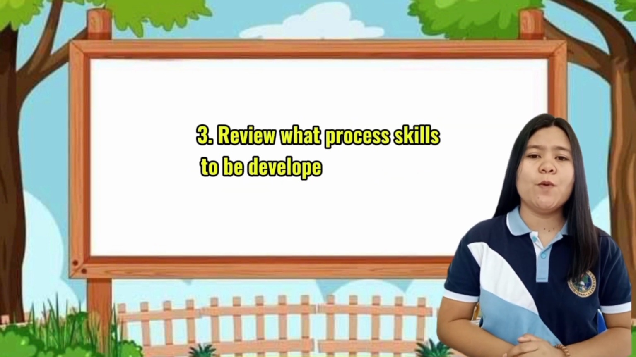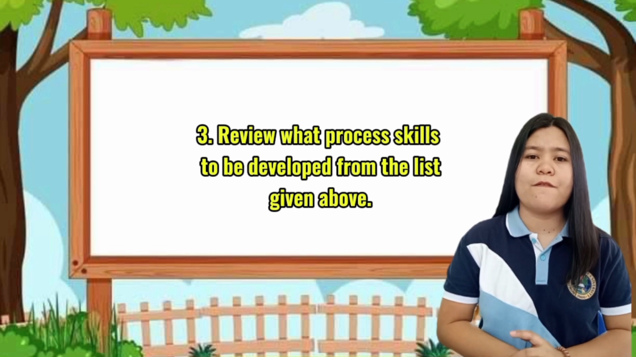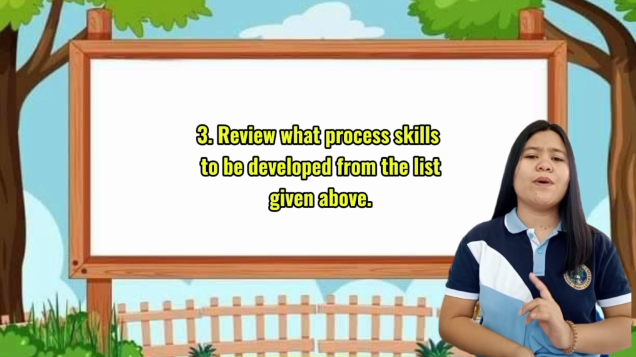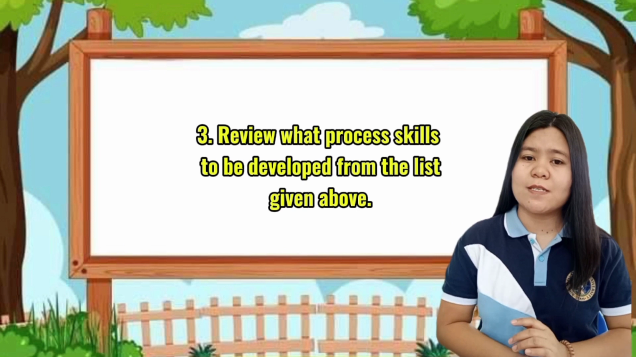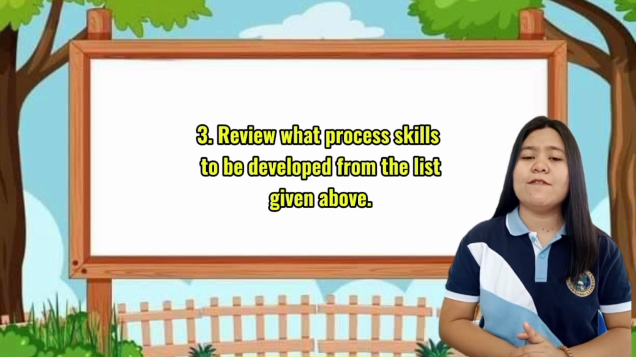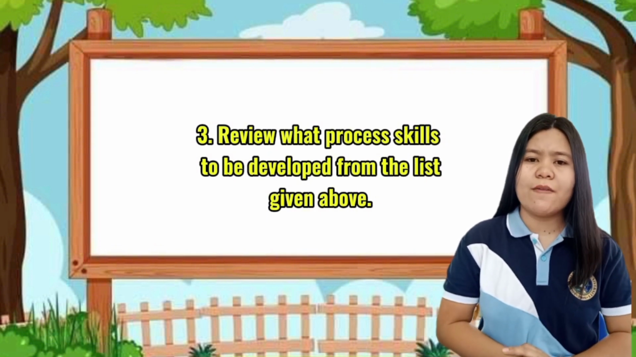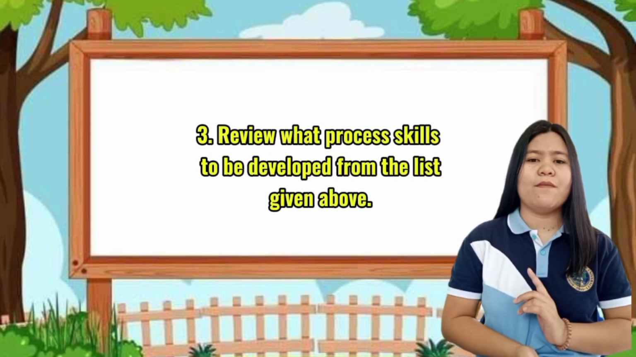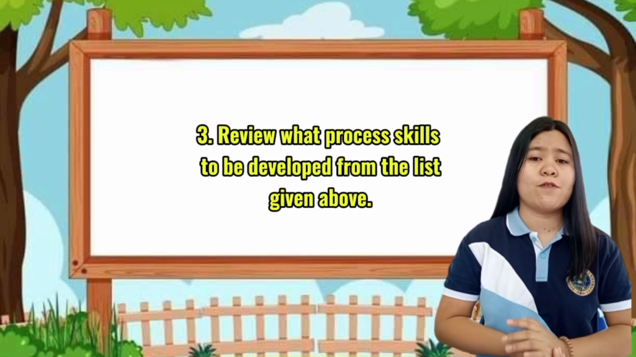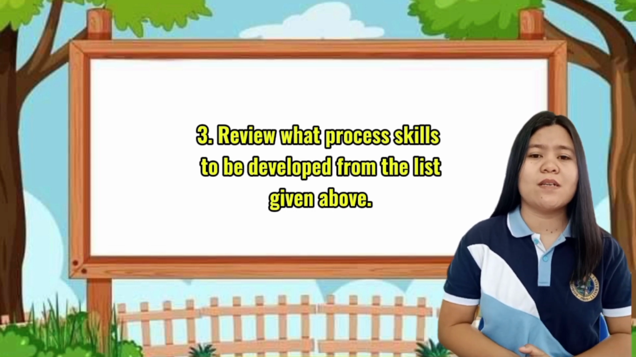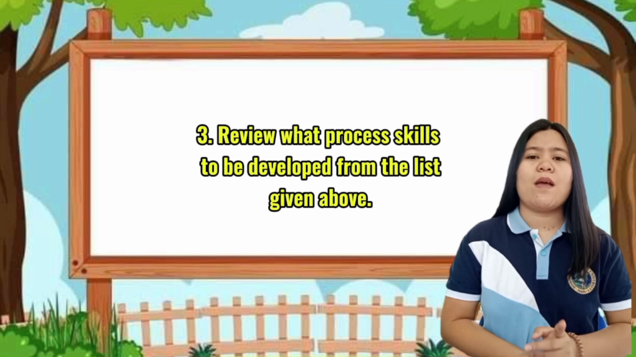Number three, review what process skills to be developed from the list given above. So look at the list of process skills provided and identify which ones are relevant to the chosen topic and grade level. So process skills are the scientific skills and abilities that students develop through hands-on activities such as observing,